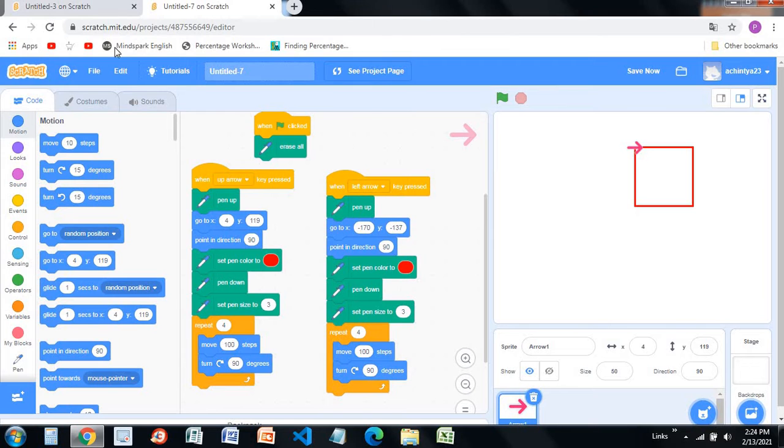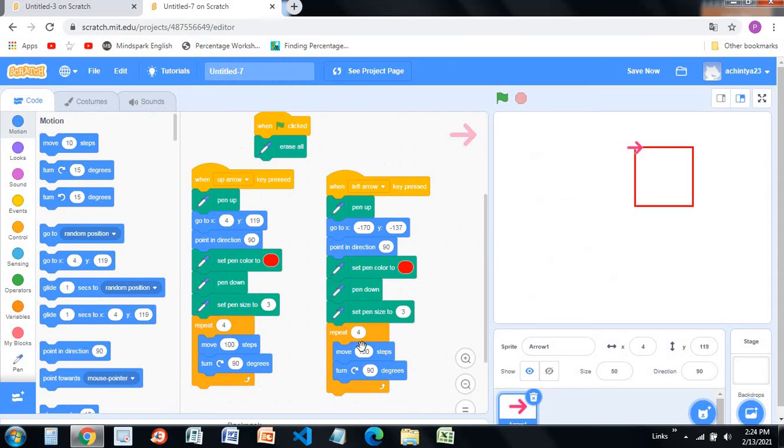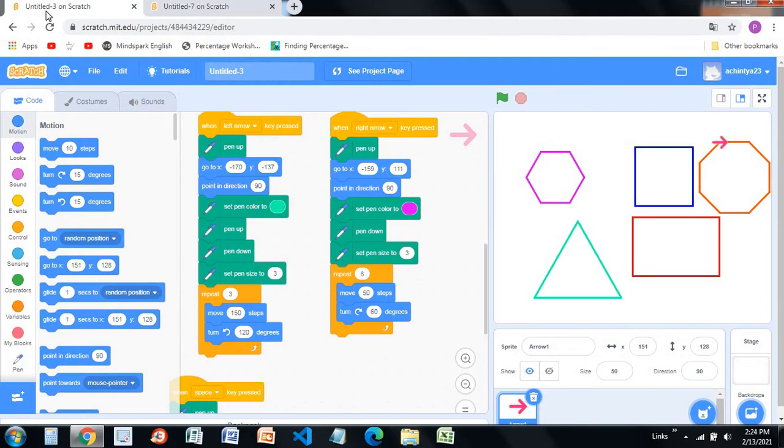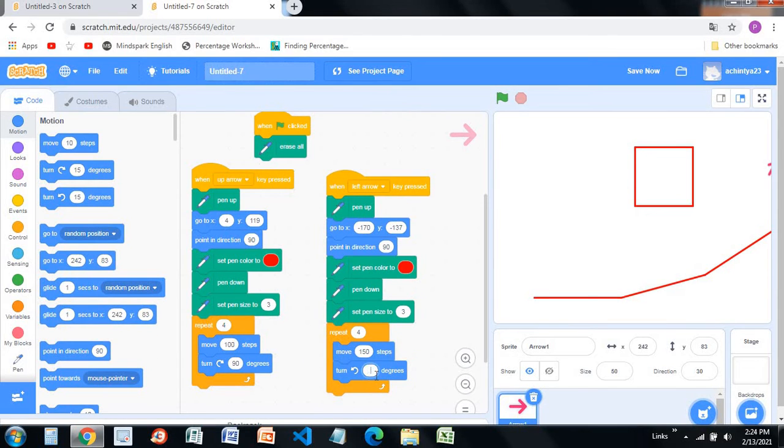Point in direction, and in this triangle it is going to be repeat 3, move 150 steps, turn clockwise 120 degrees. Anti-clockwise over here. Delete this, drag and drop this in your code, and 120. And it draws a triangle.